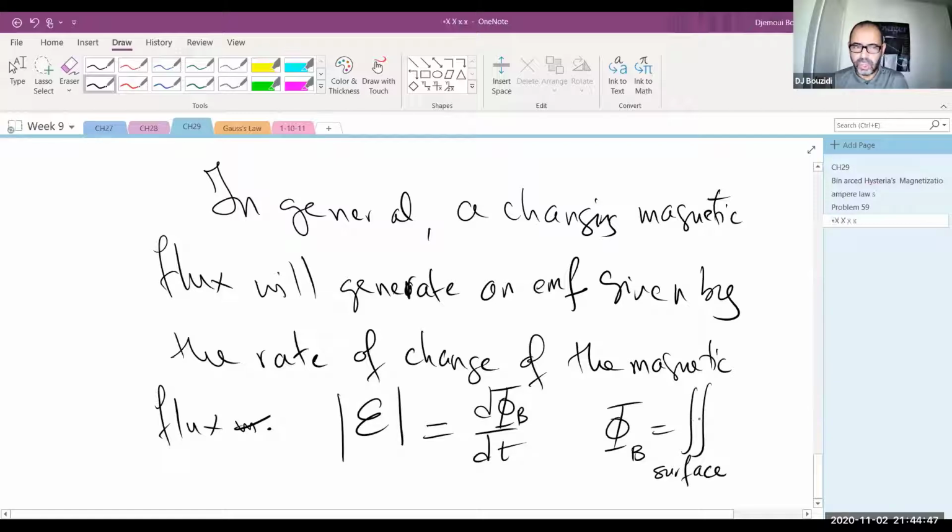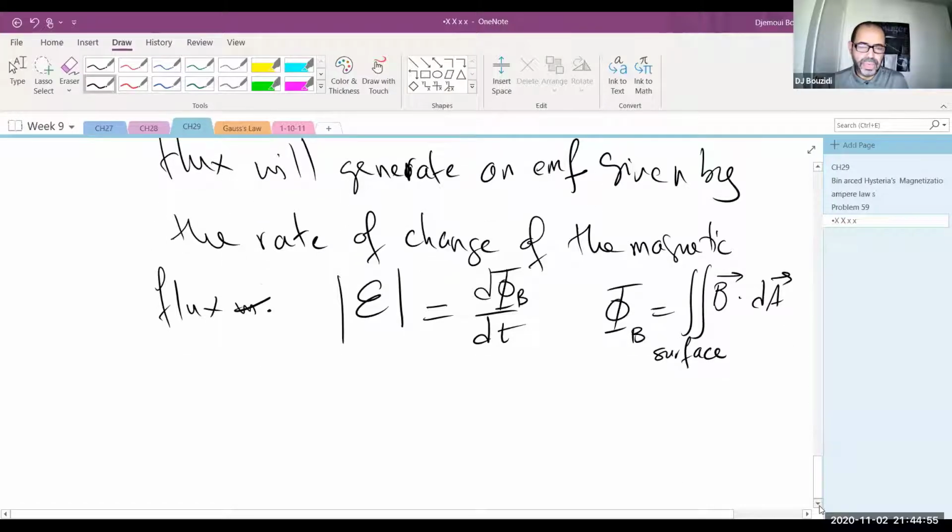This is not closed. Okay, if it's closed, it's zero. We know that. So it's B dA. So that is the mathematical expression for the rate, the EMF, but that's in absolute value. The direction now is the issue. The direction of